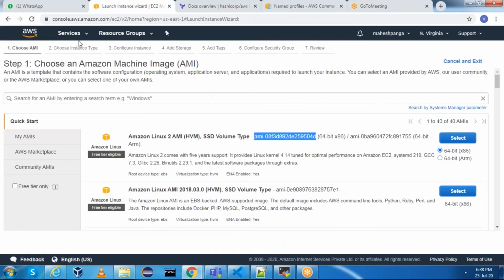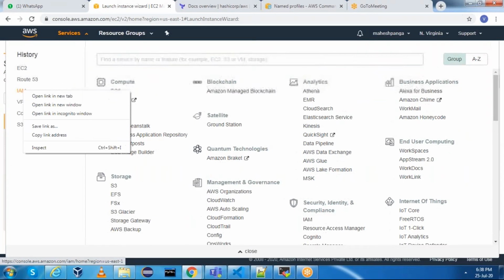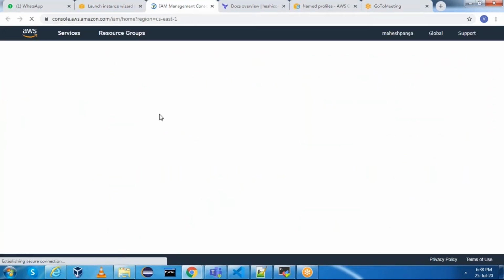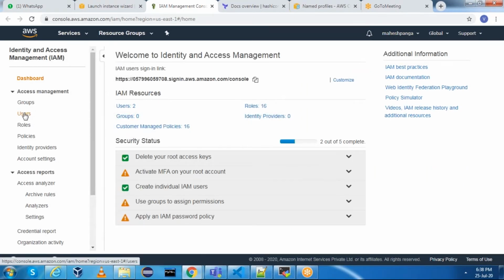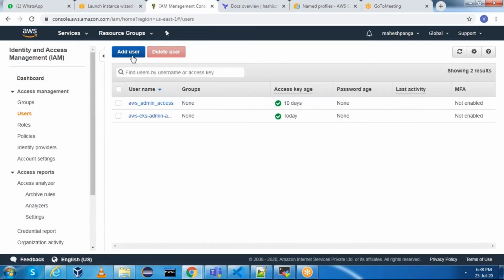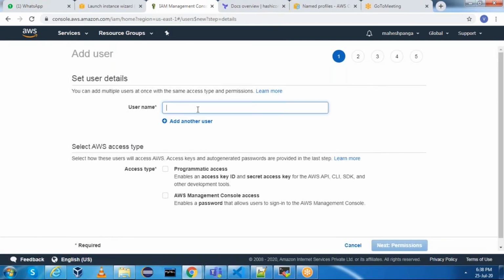Okay, let me go and create a user in IAM. Users, add user, and I will name this user Terraform user 1.